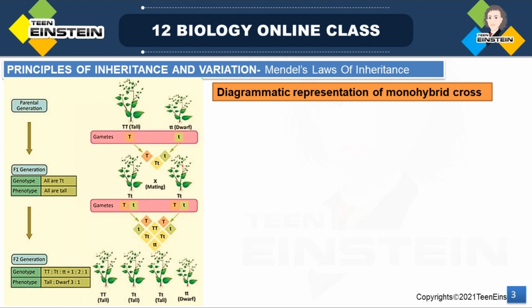he selected 7 contrasting characters, and he made different crosses. For each character, he made different crosses. Okay. So there is no chance of a wrong observation. In one crossing pair, he was observing only a single character. And he selected parents which have one contrasting character. Here in this cross, you can see only one contrasting character. For example, plant height he selected in this. And he crossed a tall plant and a dwarf plant. Here you can see this is the tall plant and this is the dwarf plant he selected.